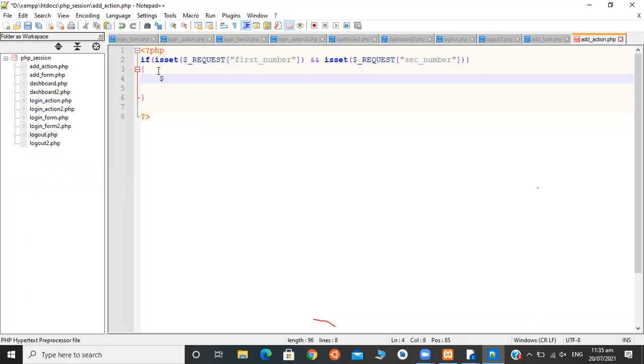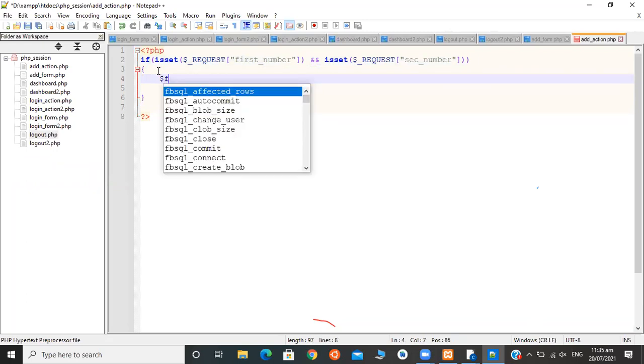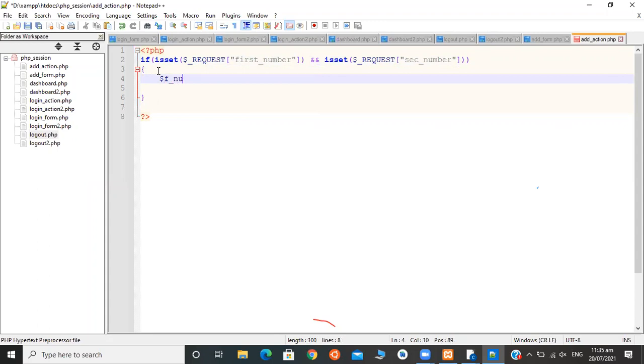I can get them in variables. Let's say $first number equals $_REQUEST first number.